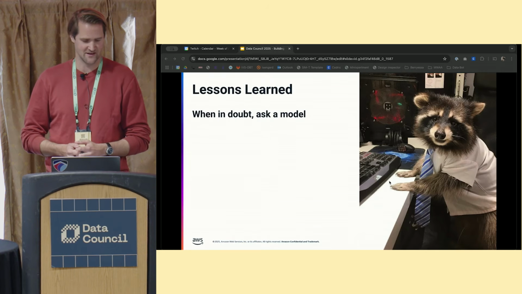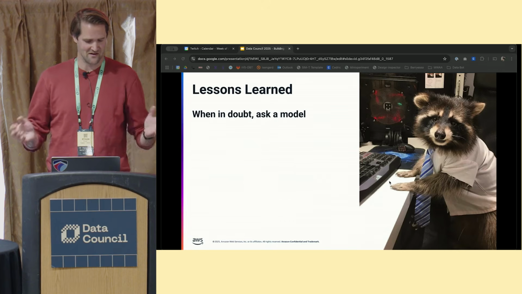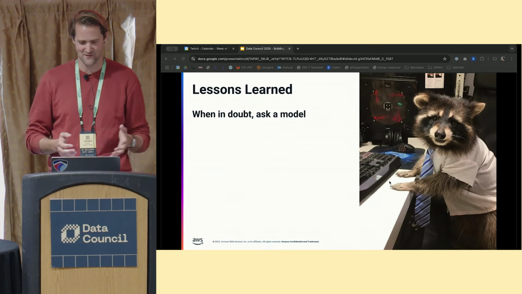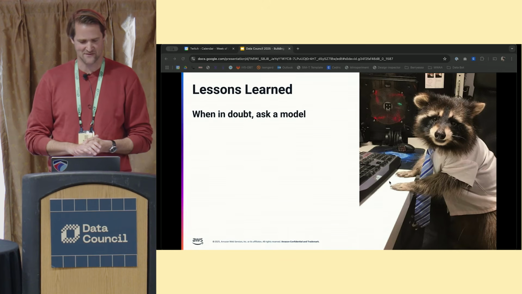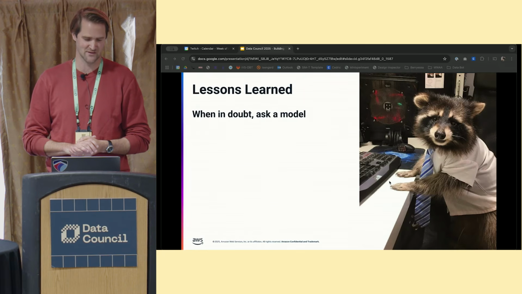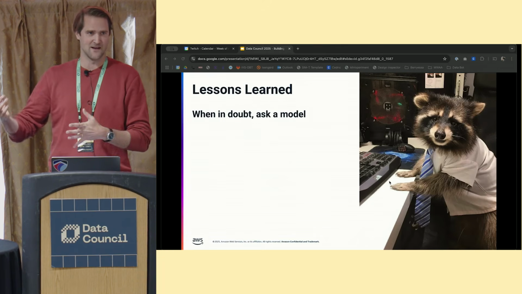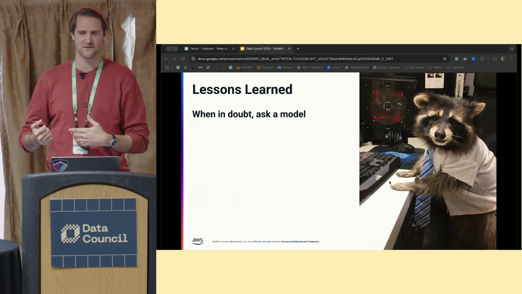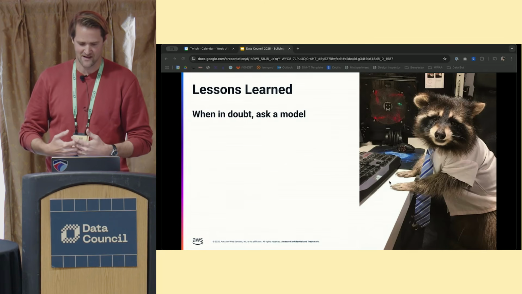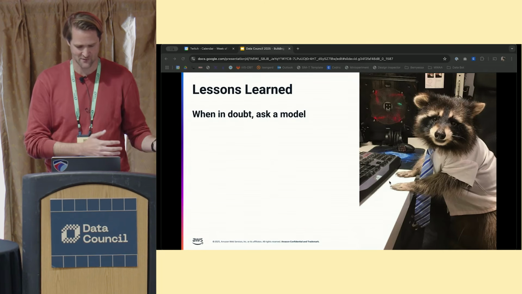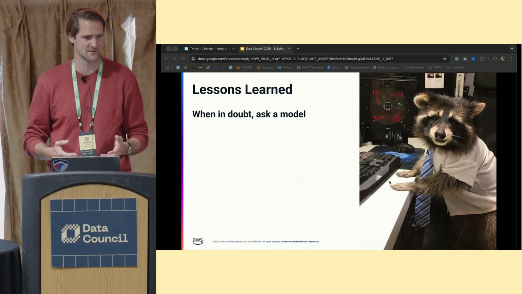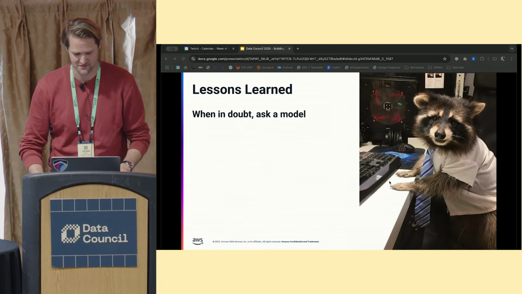Second, I've said this multiple times now, but when in doubt, just try the stupid thing of hitting the model and asking. There are a multitude of ways to build these things, but the first thing you should try is using the model directly. It's today's brute force option, and in the world of optimization, brute force is always the first and last thing you should try. It's how we got to our RAG system and recursive summarization, and both those just work.